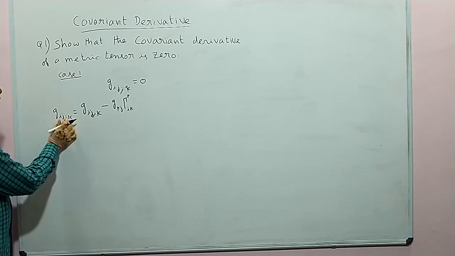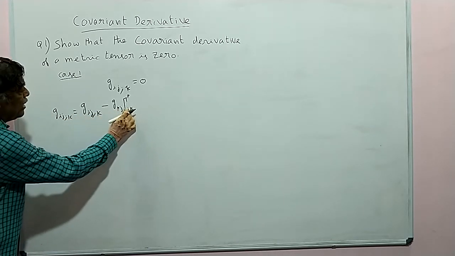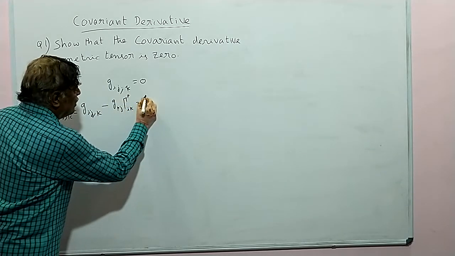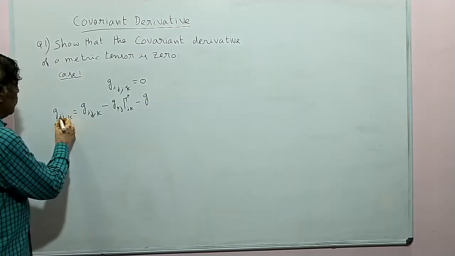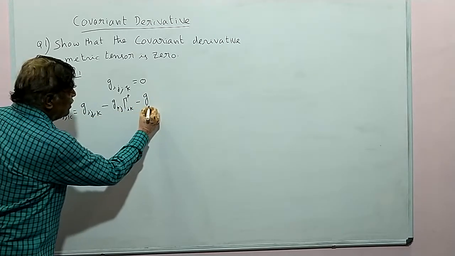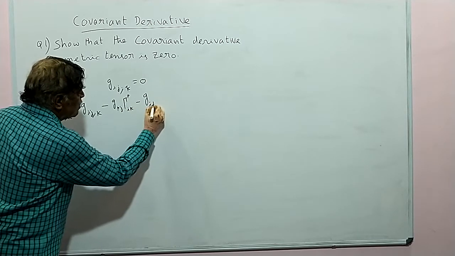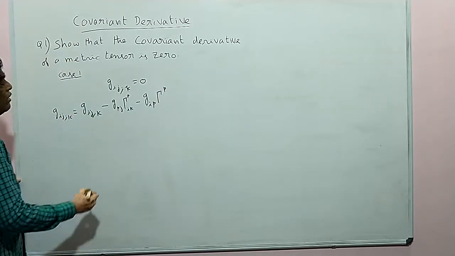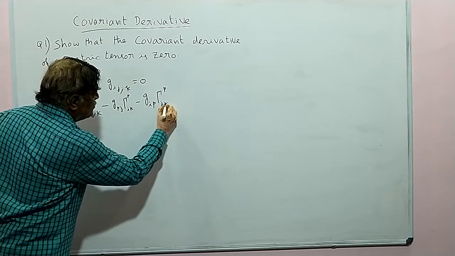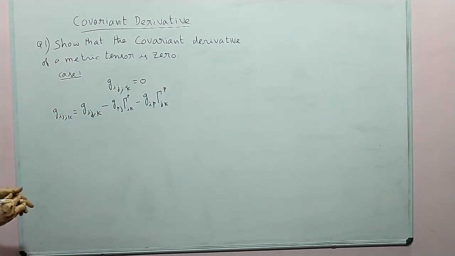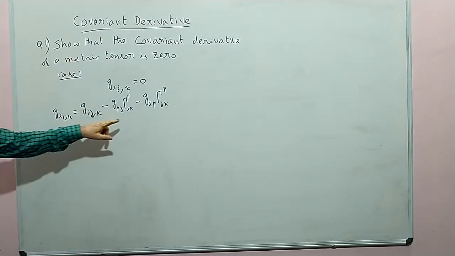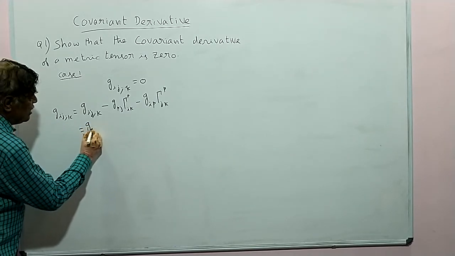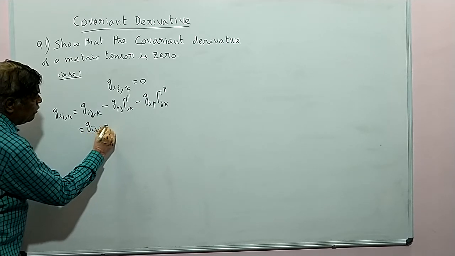So, gamma p, ik, where p is a dummy index. This is your second term. Minus the third term is g, where the second index is replaced by a dummy index: g_ip, gamma p, jk. So, according to the definition, the covariant derivative may be expressed like this. Then, this is equal to g_ij comma k minus